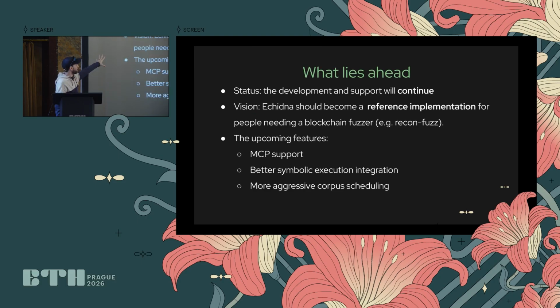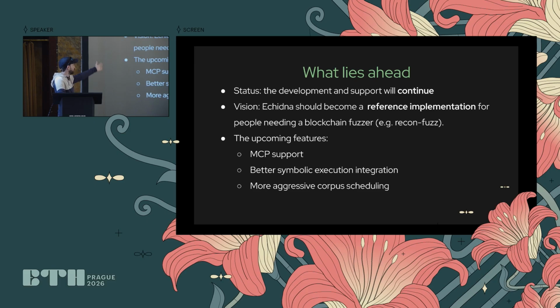And I want to say that the development will continue as far as I can do it. I want Echidna to be the reference implementation. I know that the people from Recon have essentially used Echidna as a guide to write their own fuzzer for Rust, and they do a really cool job. And so I want that. I want it to be a reference implementation for people who need a blockchain. Perhaps it's going to be an EVM blockchain, but perhaps it's going to be another blockchain. So they have a reference implementation in a